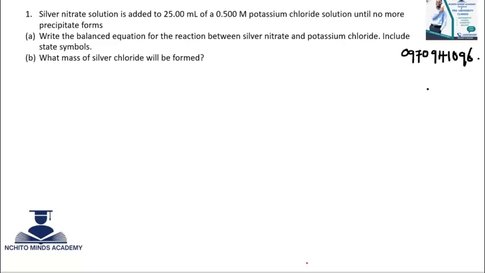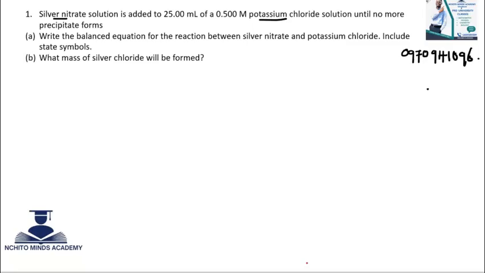Welcome to this session. Today we just want to look at this question quickly. We've been given a silver nitrate solution which is added to 25 ml of 0.5 molar potassium chloride solution until no more precipitate is formed. So what does this mean? We are reacting silver nitrate and potassium chloride to form a product which we expect to be the precipitate, and another product. They are saying write the balanced equation for this reaction between silver nitrate and potassium chloride,